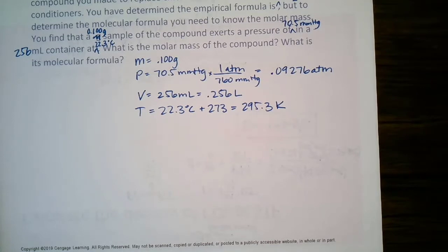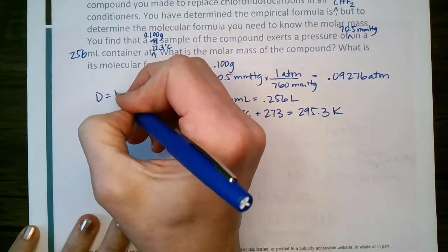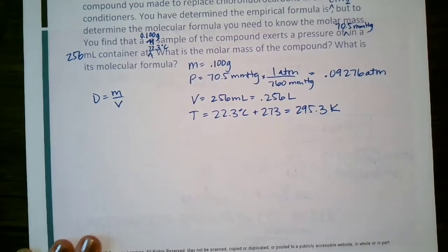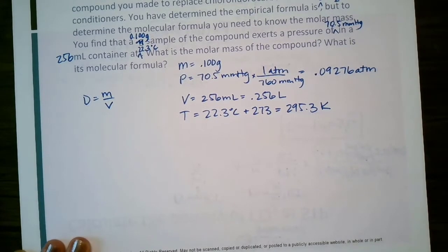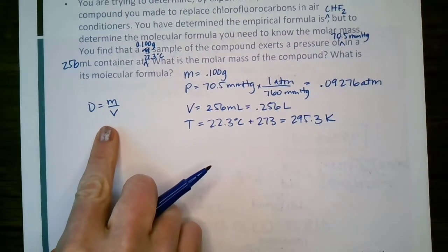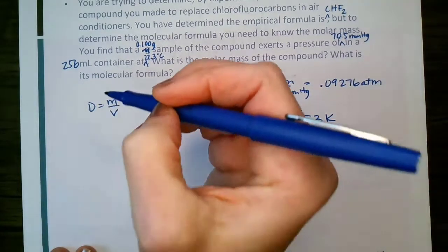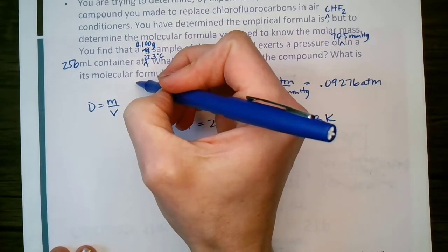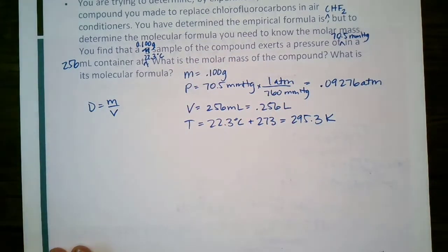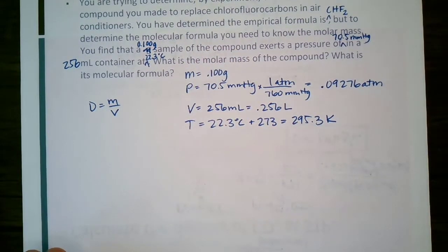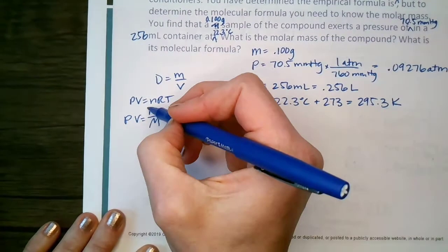Okay, so we have everything down that we know. Now, we also know that dividing the mass of a gas by its volume gives us density, right? We know that density is mass divided by volume, which is related to the molar mass from the equation that we were using before. Remember when we said PV equals nRT and we plugged in for n, mass over molar mass. So when we rewrote that,